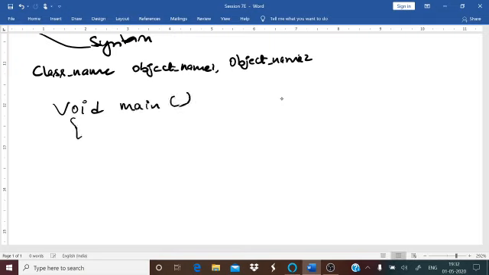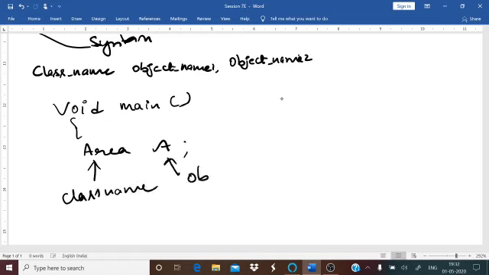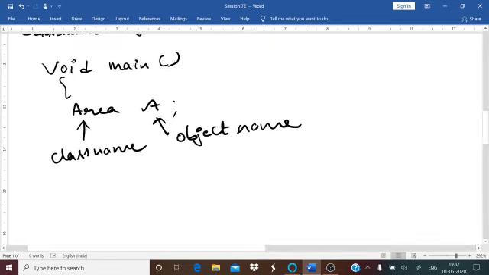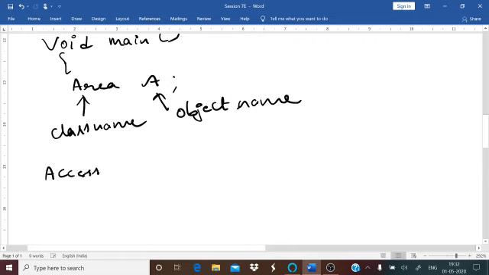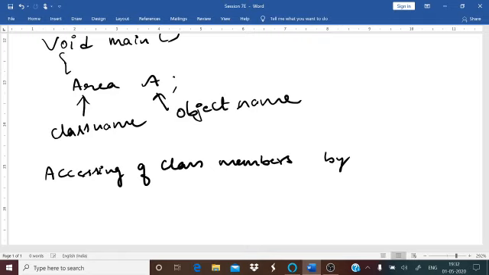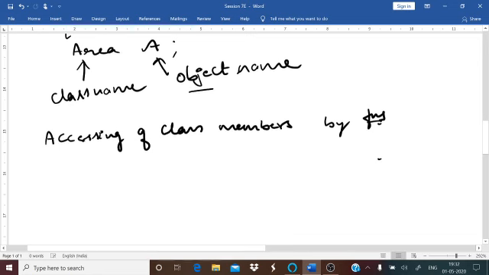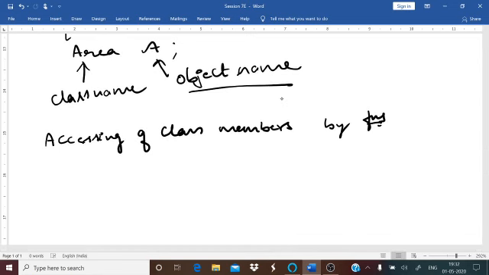Now if you remember the earlier program, inside the class definition and outside the class definition, after your main we used Area A, right? So Area was the class name and this A was your object name, and using this object you are going to access the members of that class.